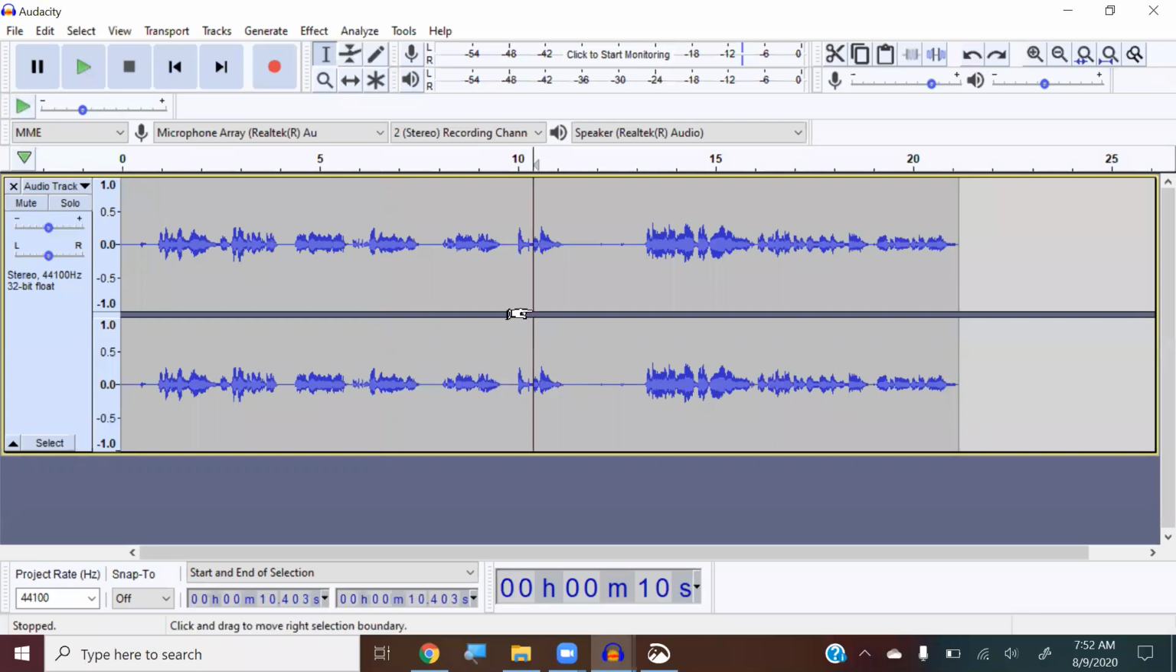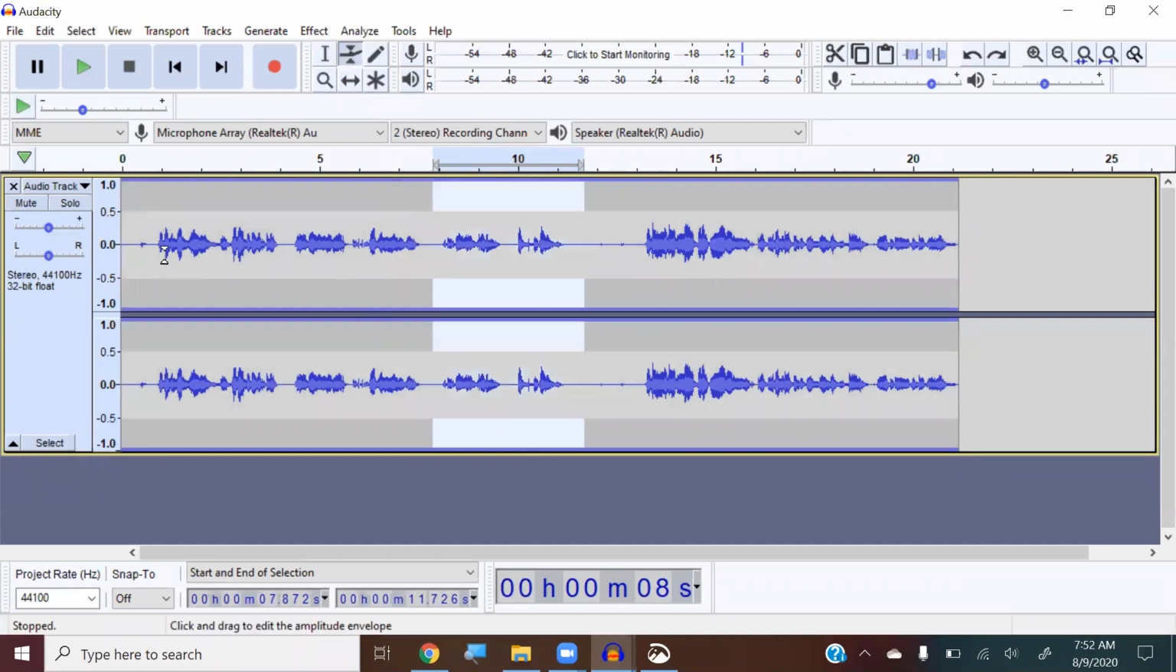Okay, to do that I'm going to select some area. I'm going to select this area, right? Then I'm using this envelope tool. So see, when I press the envelope tool, it is just highlighting